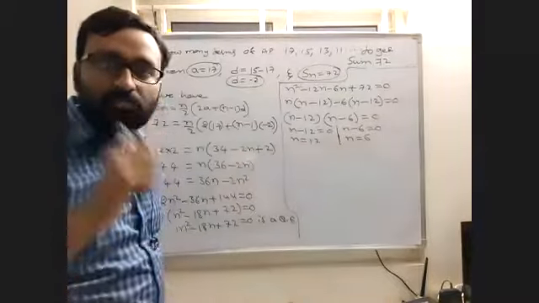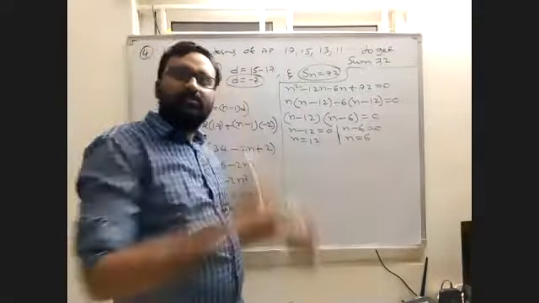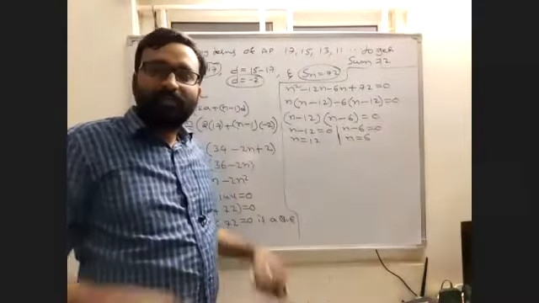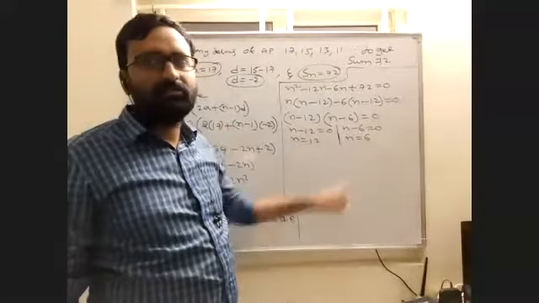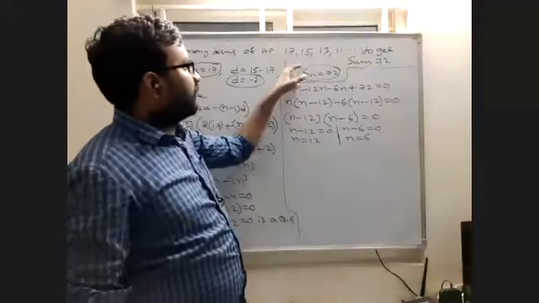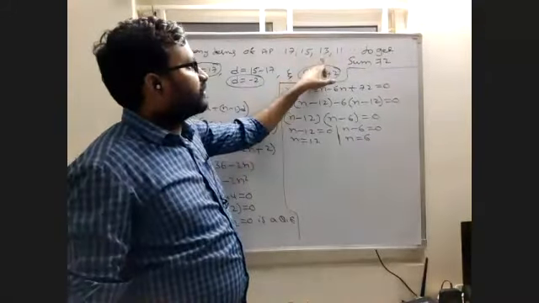Now we have two n values which are integers. But how can we say that the sum of the numbers should be 72? See, n equal to 6 is correct, and 12 is also correct. How is 12 correct? How is 6 correct? See, 17 plus 15 plus 13 plus 11. Then what will you get?